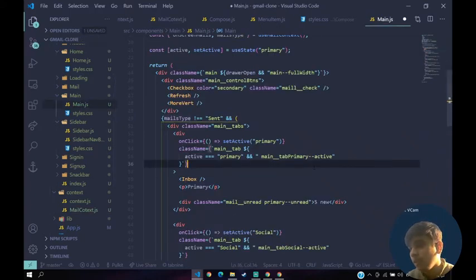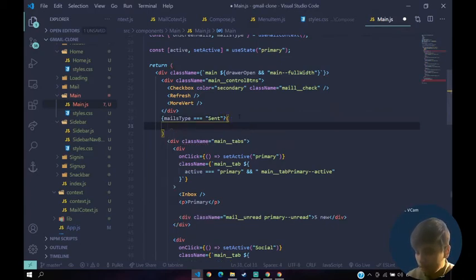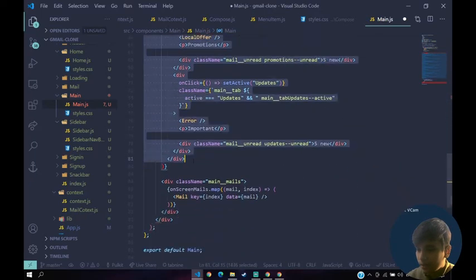So if mails type is not triple equal to sent, then you don't have to render this. If we say it this way, if it is triple equal to sent, then render an empty div and just close it, or if that is not the case, then render all of this.